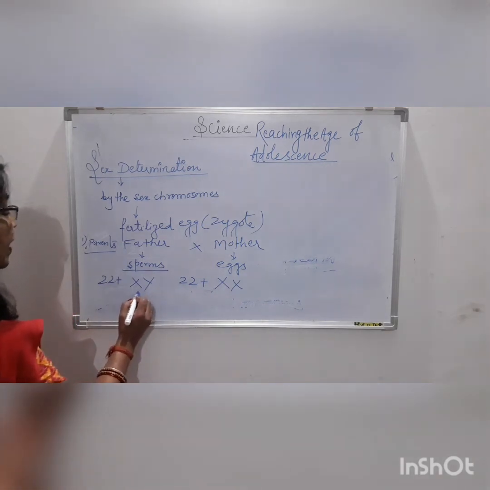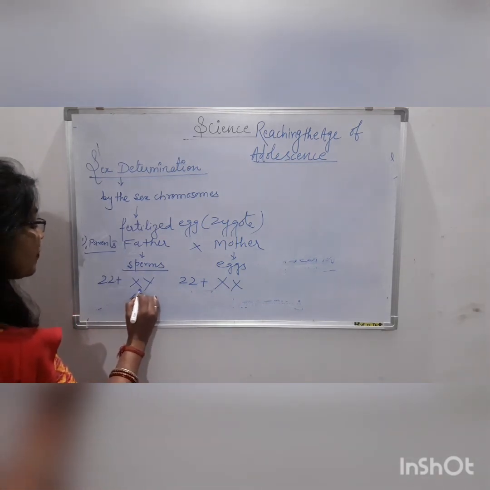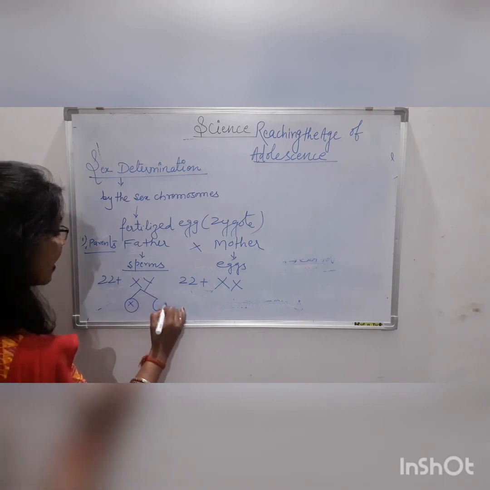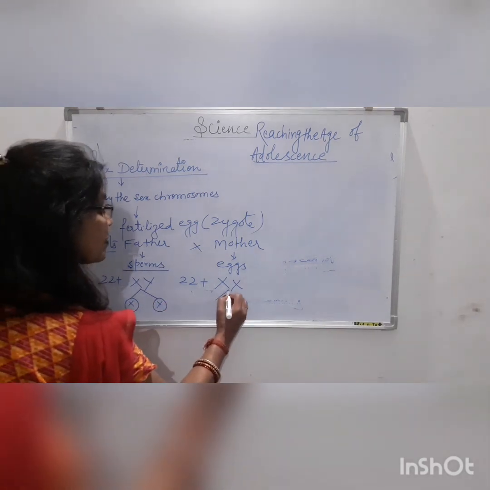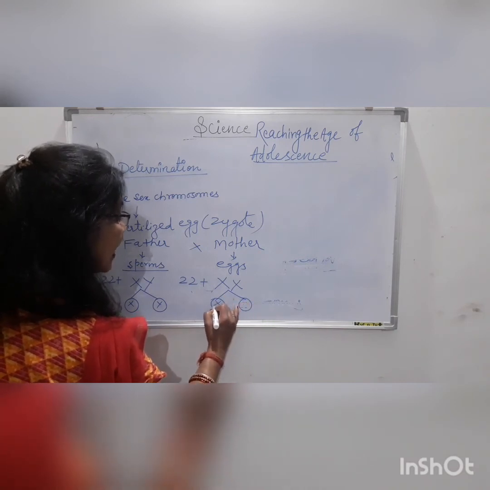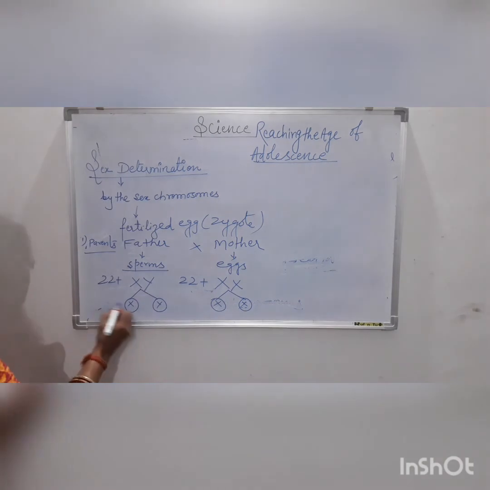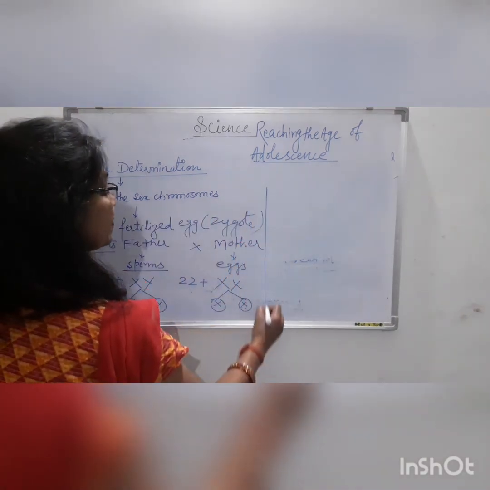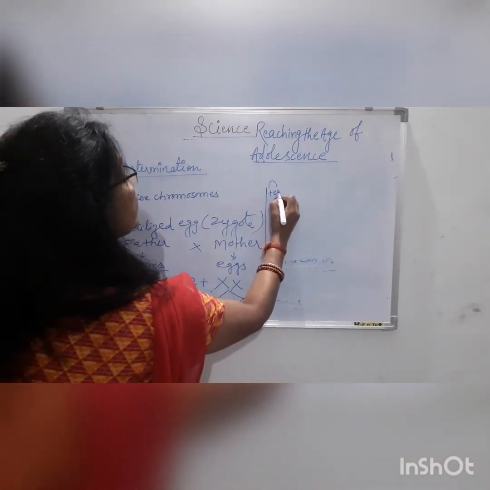Now, children, two types of sperm are formed, that is X and Y. Here, one type of gamete is formed, having the X chromosome. So, these are what? Gametes. Now, during the process of fertilization,